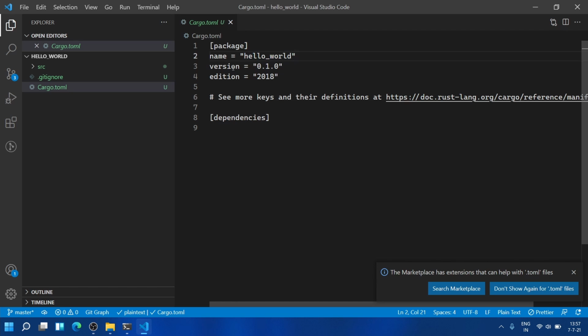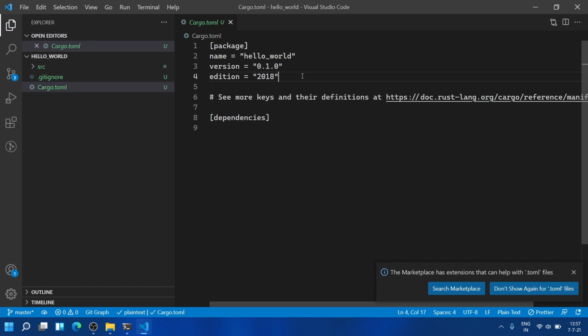And then the version. For now just don't worry about the version number, leave the default one. In case you are creating libraries which will be published into a cargo repo, then you have to worry about the version number. Whenever you make new fixes or changes, you have to change the version number accordingly. We will check later how to manage versions. For now just leave the default one, you're good.